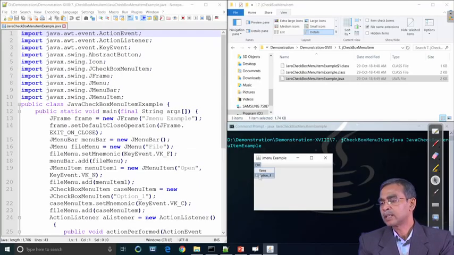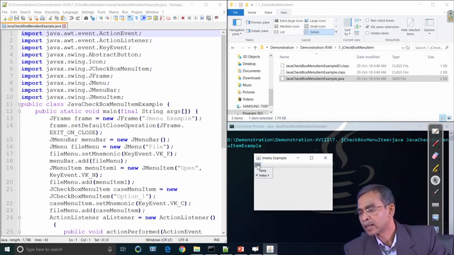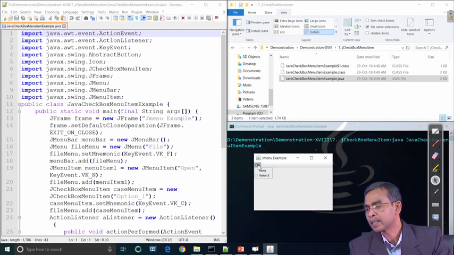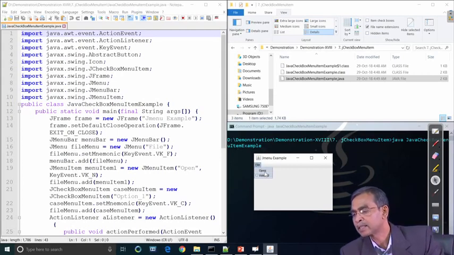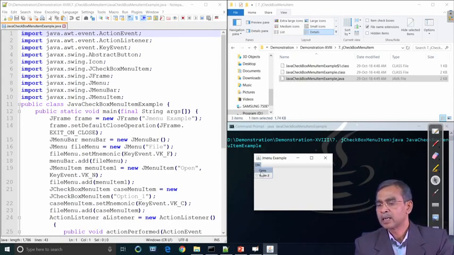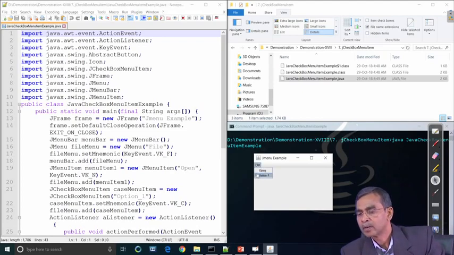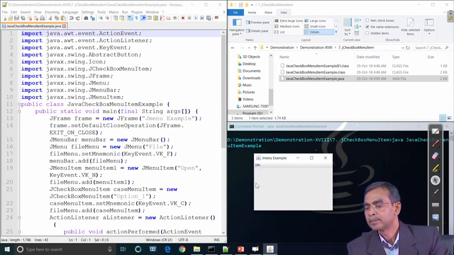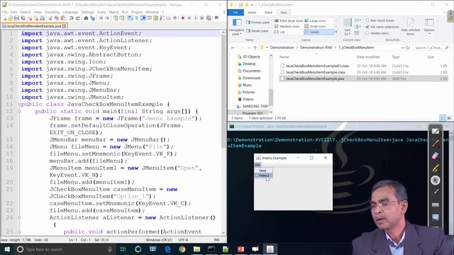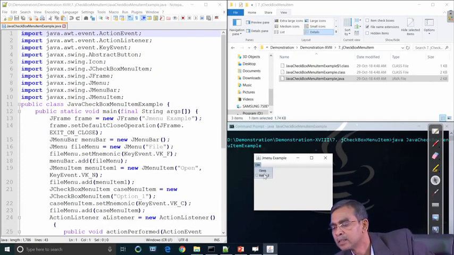Here, you see the menu item is displayed in the menu bar, and as a popup, if you click it, then the menu items will appear. It has two values, Open and Value 2.